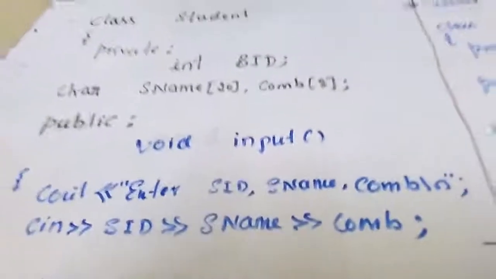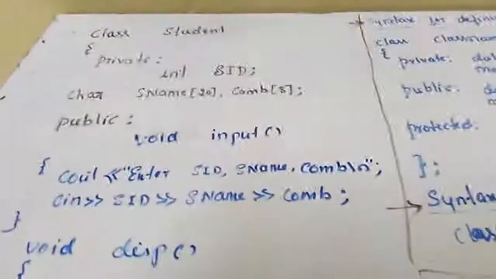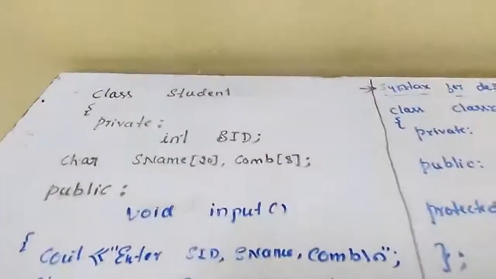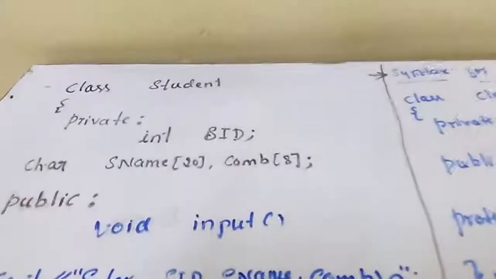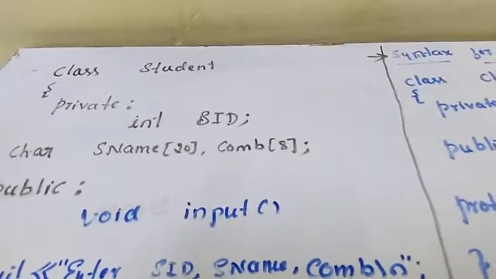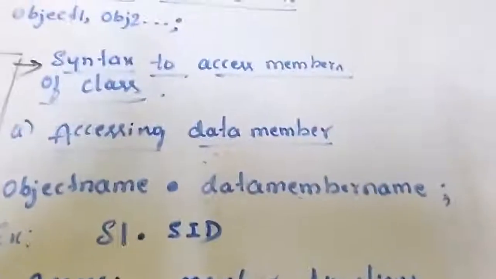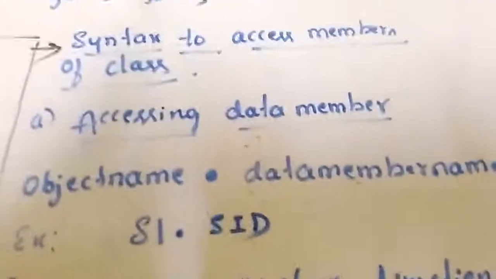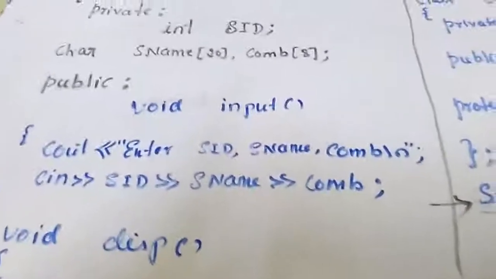If I declare a student ID or any data member in a public section, it can be accessed outside the class also. Are you understanding? In real-time problem solutions, while developing a program, we have to write data members in a private section, not in the public section. Only functions are written in the public section. But to make you understand this concept, accessing members of a class, if any data member were in the public section, how to access it outside the class?